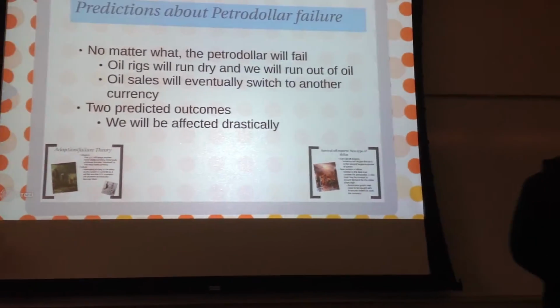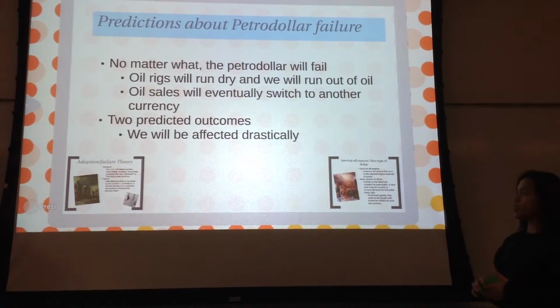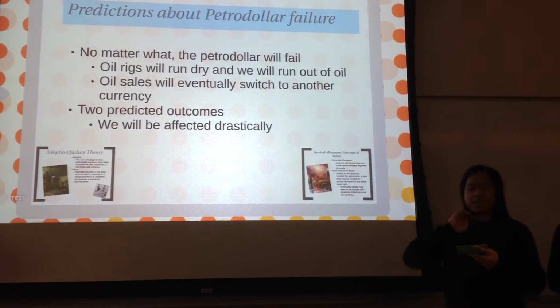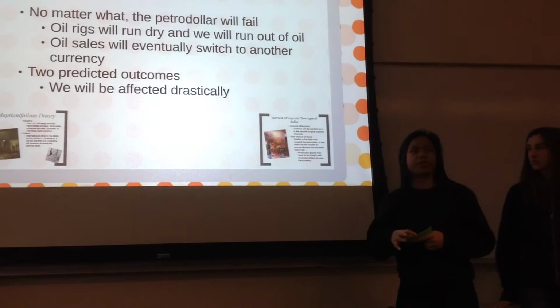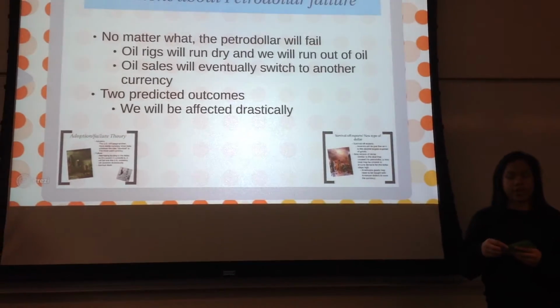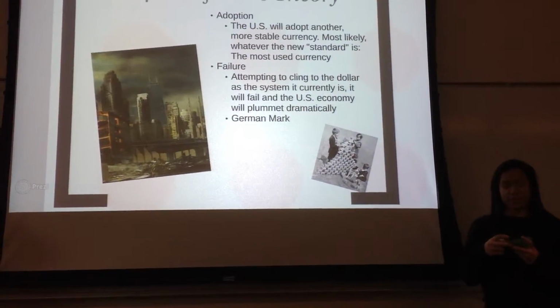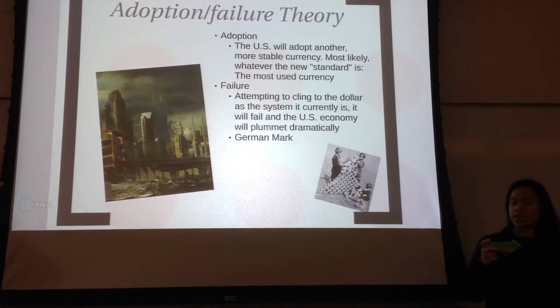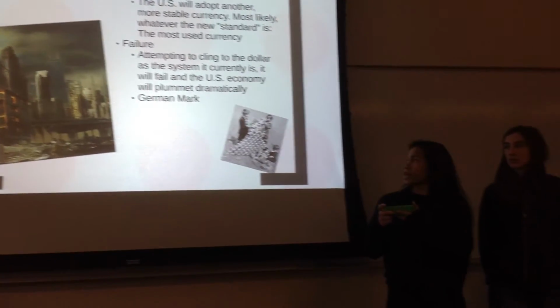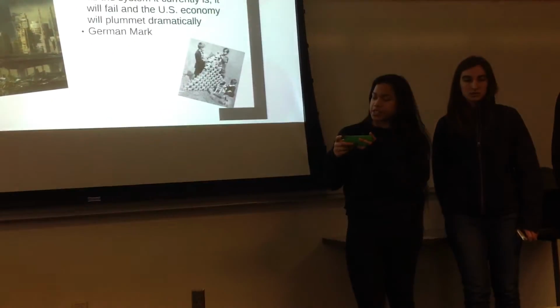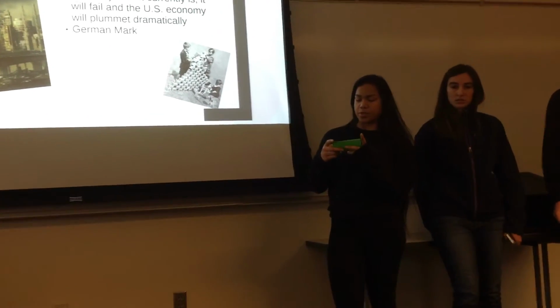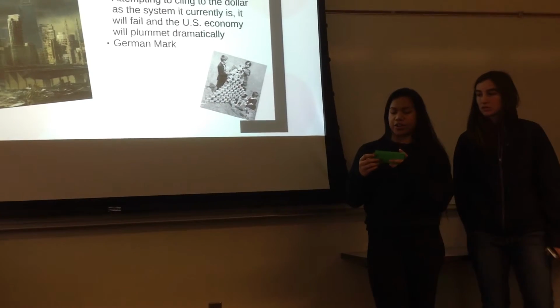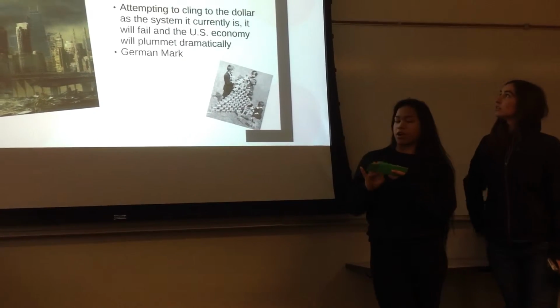Okay, so there's predictions about the petrodollar failure because of several reasons, because China and Japan are dumping the U.S. dollar in bilateral trade because they have unveiled plans to promote direct exchange of their currencies in a bid to cut costs for companies and boost their bilateral trade. But first, both countries need to buy U.S. dollars before converting them into the desired currency, which adds extra costs.